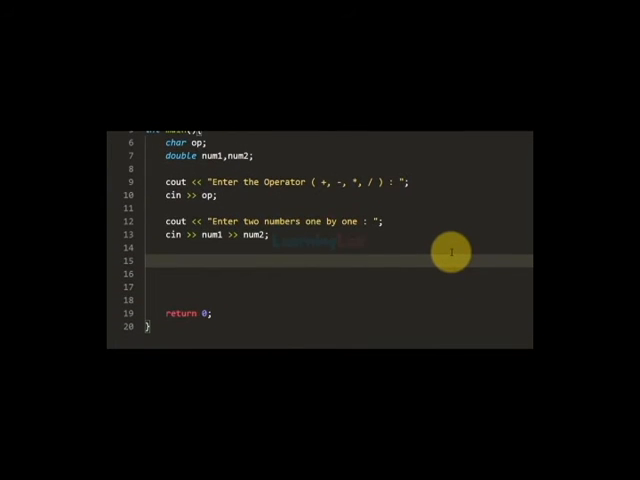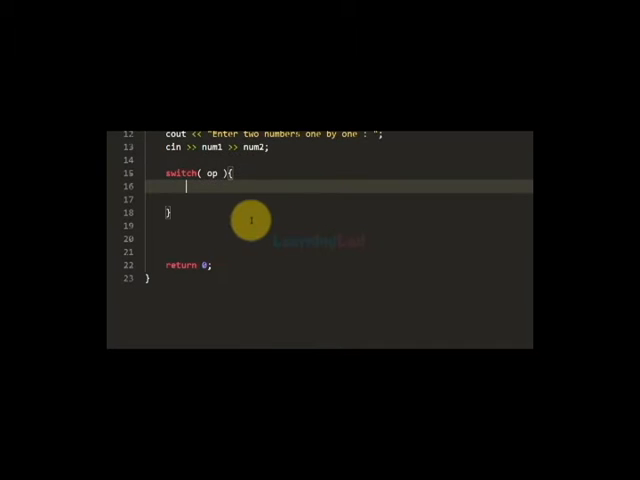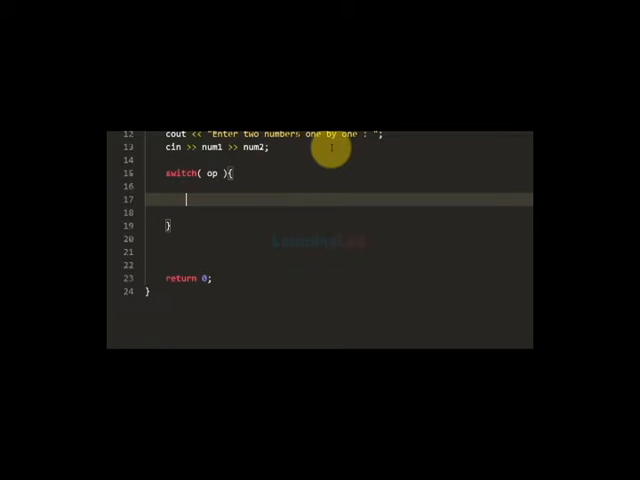Now the next thing that we do is we will use a switch statement and we will perform the operation that the user has entered, and we will display the result. So it will be a switch statement, and here the expression will be the value present in this op variable, that is the operator that the user has entered. Now here inside this switch statement, for every operation we will write the code,